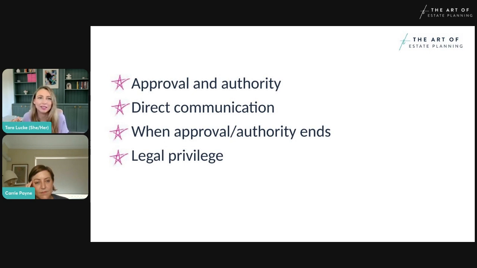I think the other one too is when you're getting instructions, particularly from a financial advisor on behalf of a client, unless you've set out the parameters of how you're working with them, you don't want anyone turning around down the track and saying, well, those instructions came from the advisor and your client is the testator, and on what basis did you go and prepare documents based on the instructions that came from the advisor? And that can arise if you think about where the advisor is doing an initial conversation and facilitating the starting point of the estate plan and filling in an